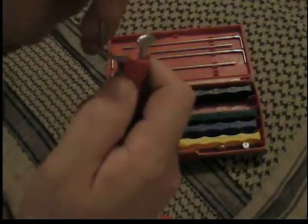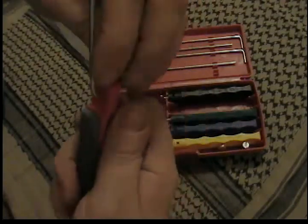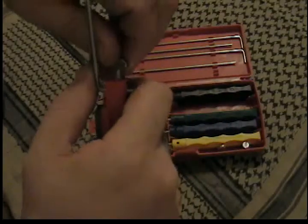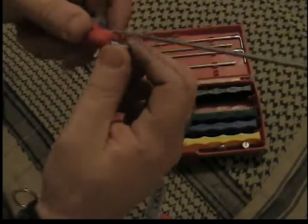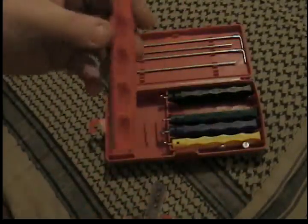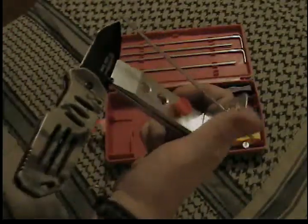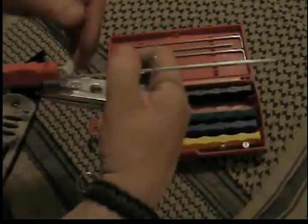That flat spot is actually where your guide rod gets locked into, and you can tell once you hit it, because your guide rod will actually straighten itself out as you tighten it, like so, in there. Alright, so you put it in your desired angle,